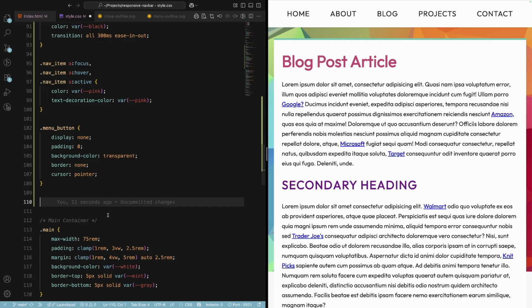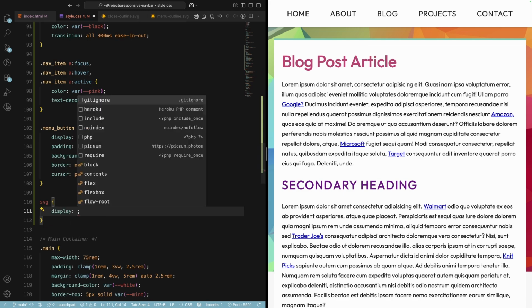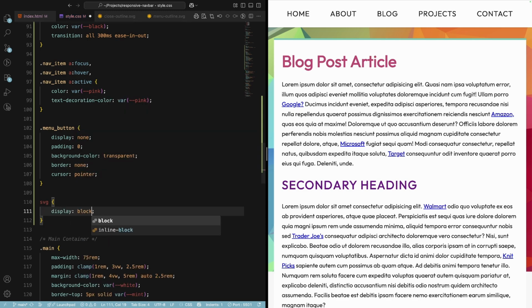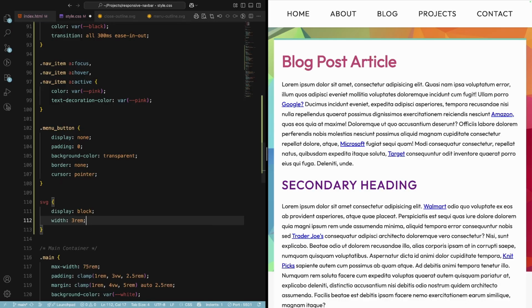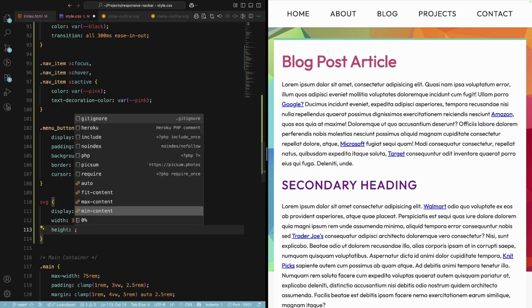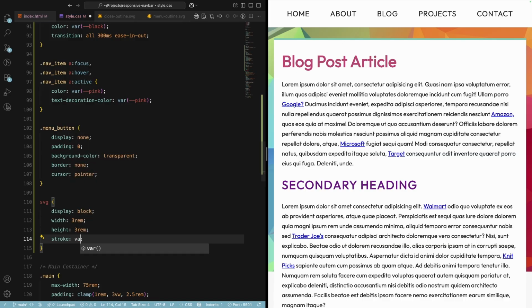I'm going to write some base styles for the SVGs. First, I always put display block on my SVGs. By default, they're display inline, and this helps with styling. Next, I'll do width and height of 3 rems. That's 48 pixels, and that is the minimum size that an icon needs to be in order to be accessible, 48 by 48 pixels. Then I'll change the stroke to black,